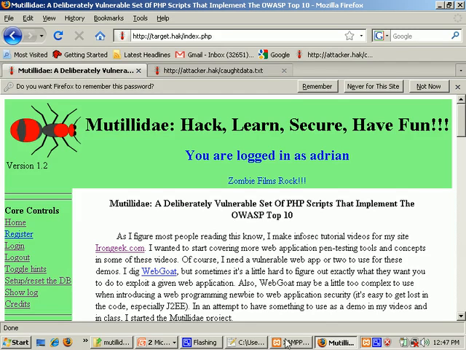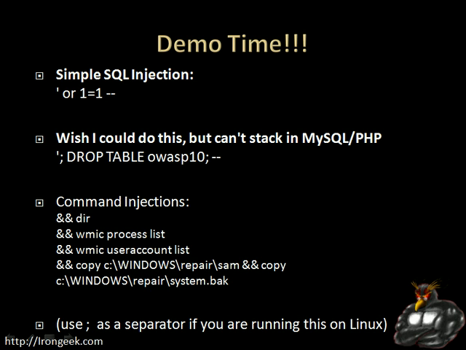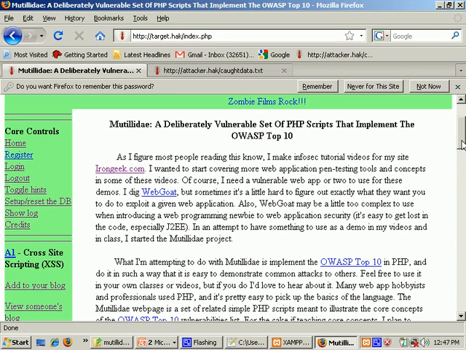All right, let me go back to my presentation. Now, that was a few simple SQL injections. Let's go with something a little cooler. Command injections can be cooler. Now, the way this is supposed to work is when someone goes down to this particular tool,